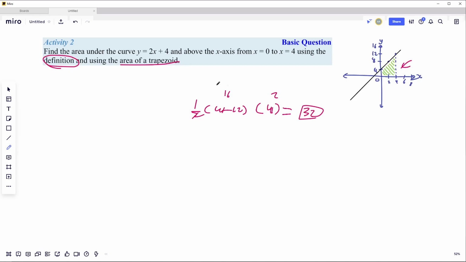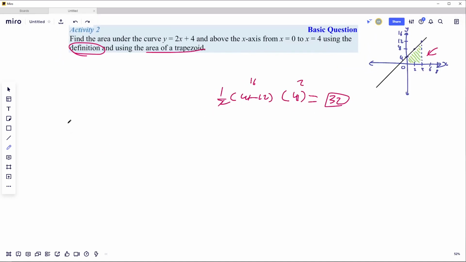It's not a modification of the rule, it's just that they're asking you to do two of them, the definition and the area of the trapezoid. I did this first just to show you that we're expecting this. I could have done it in the end to show you the suspense, as in, oh, we can get the same value here. So yeah,